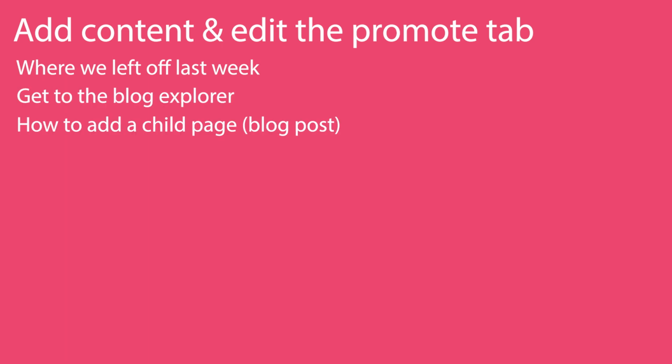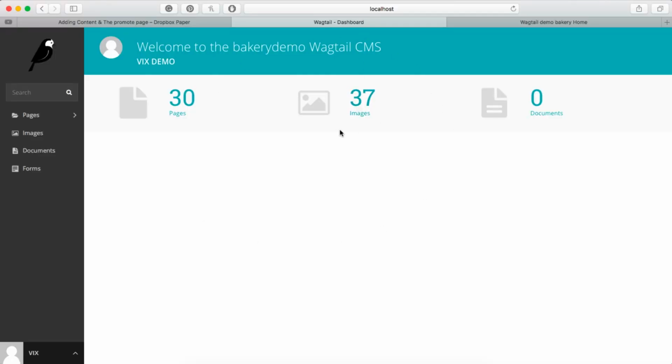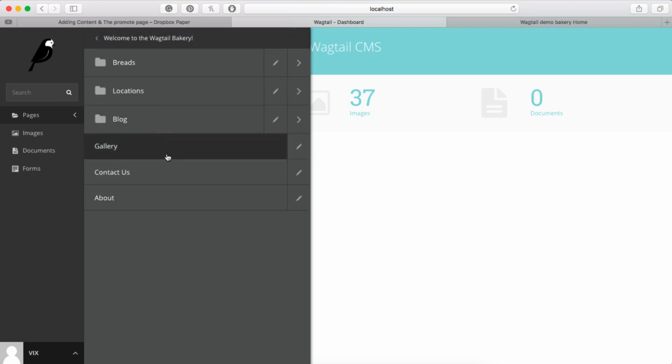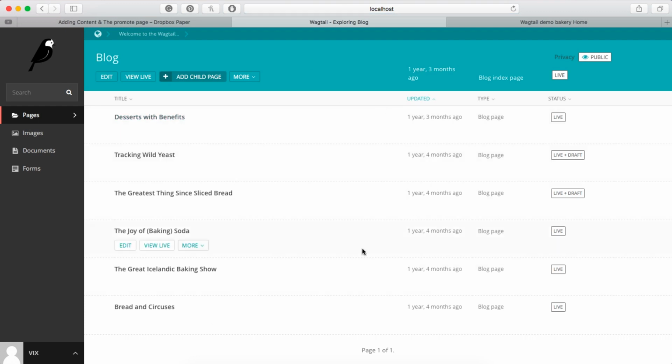So firstly, we're on this page here, we've just logged in and we're on the dashboard, and on the side we've got our sidebar. If you remember from last time, you click the little side arrow on pages, and we have this page, which is our home page. We click the little arrow here and this brings us across to our child pages. So in the blog we want to click there, as that's where we want to add our child page, or our blog post, same thing. And here we've got add child page, so we're going to select that,